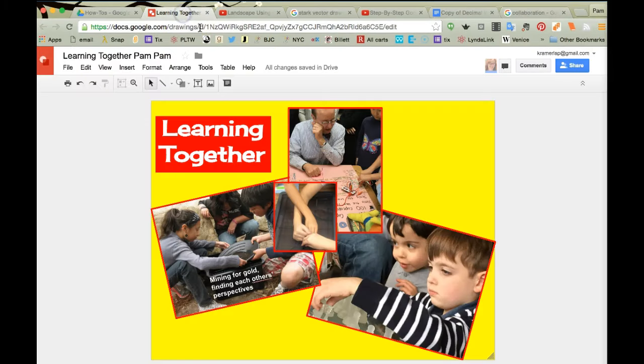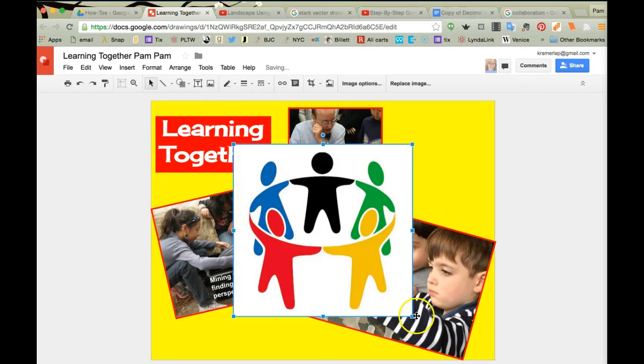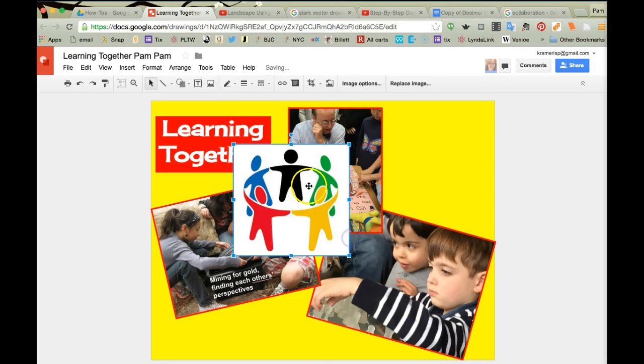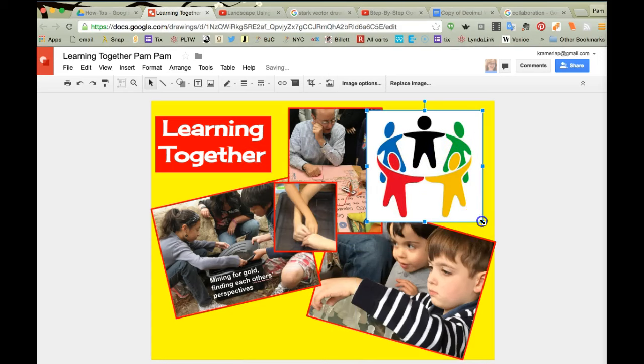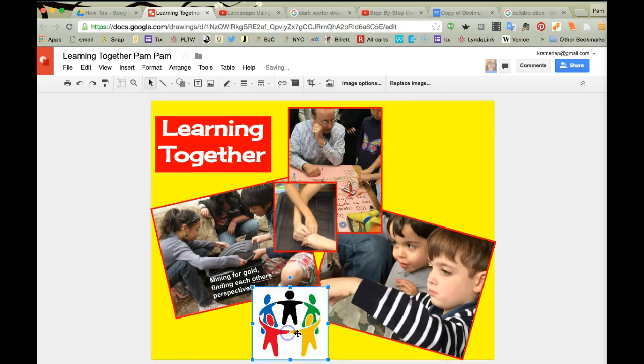But now over in our collage, I can right click and choose paste and then resize the image and give it, I don't want to block that chess move, and give it a little border